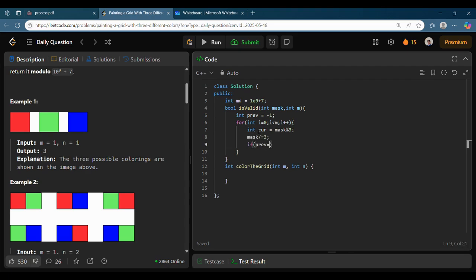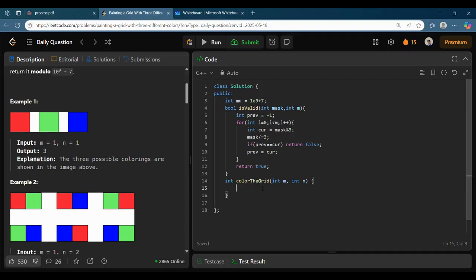Now if previous is equal to current, then return false. This is not a valid mask, and you also update the previous. At the end, return true. So if you never encounter false, then definitely it means that the mask is valid.